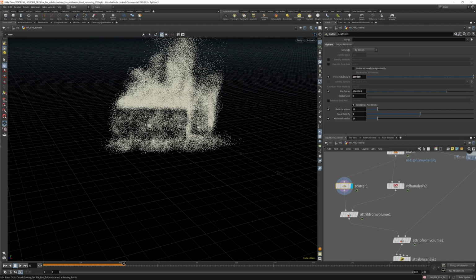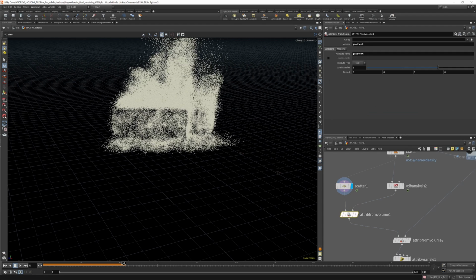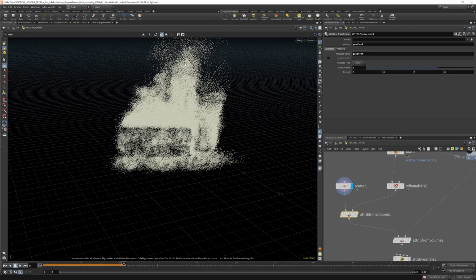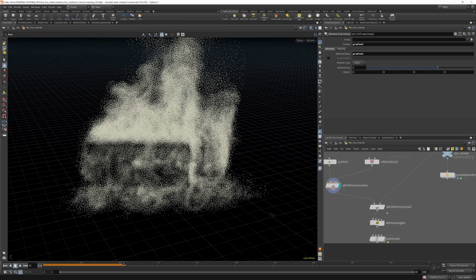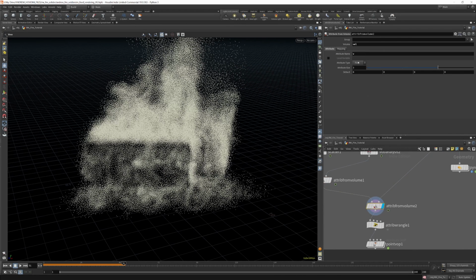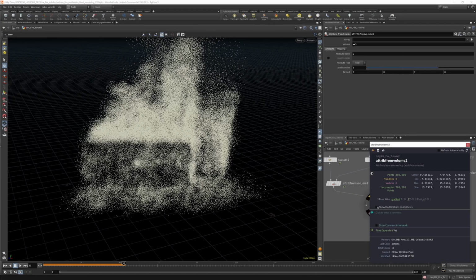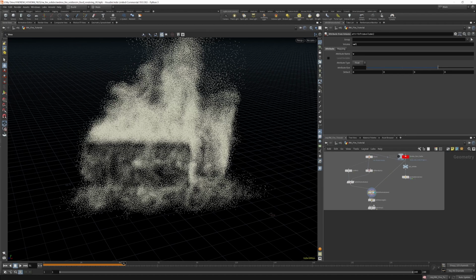Then we're going to use an attribute from volume, and copy that gradient information onto these points